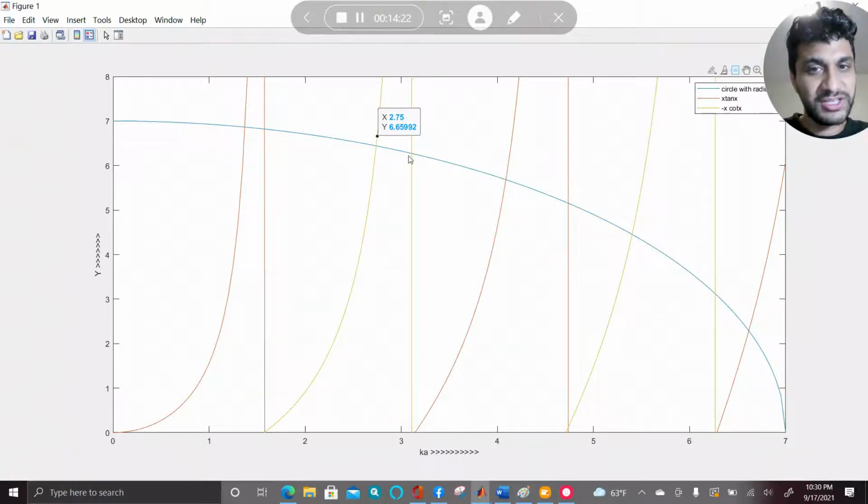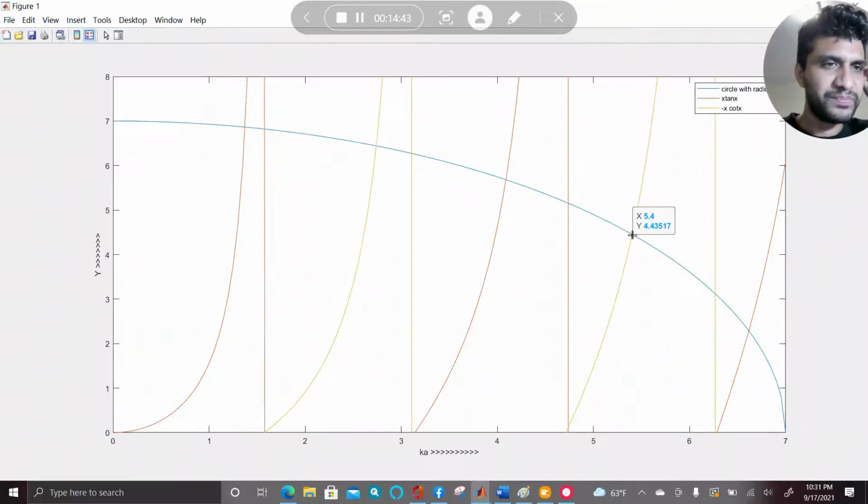From here, just leave this straight line. Here, this point gives the value of Ka. Just substitute in the energy expression. You'll get the energy of the second excited state, which has even parity. This point gives you odd parity. It is the third excited state. Again, this point gives you even parity. This is the fourth excited state. In total,